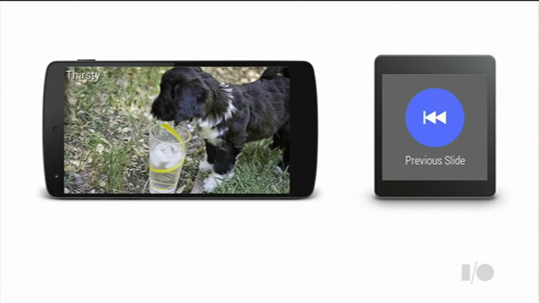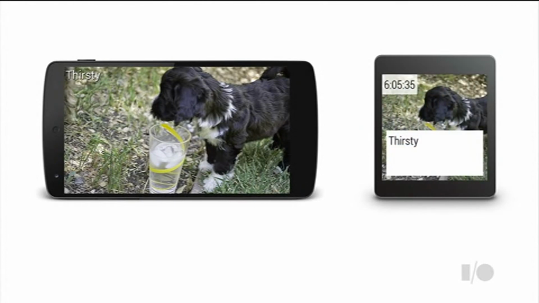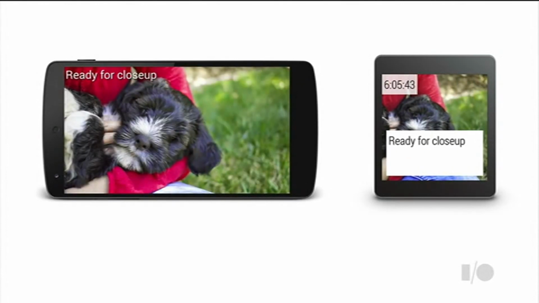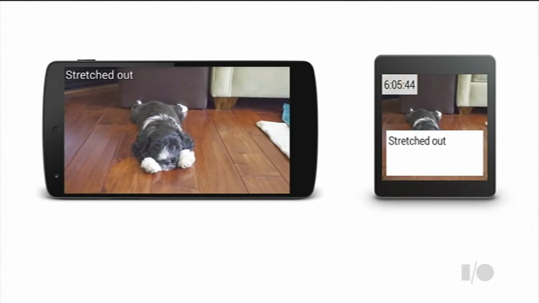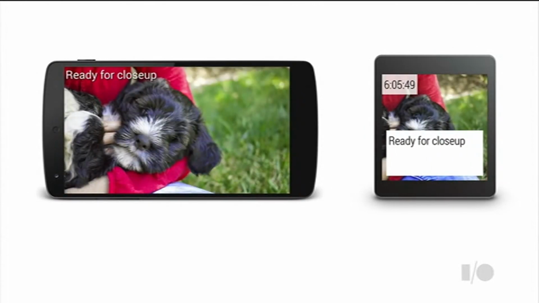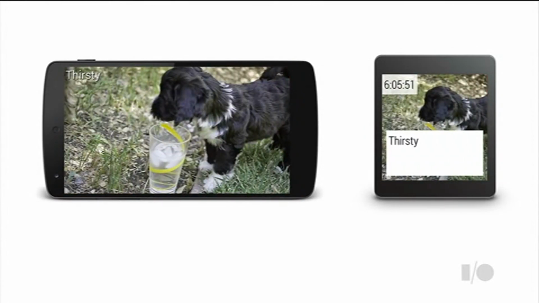Let's take a look at that. So in this slide we can slide over, and we have another action here called the full screen. And when I tap on it, I'm going to bring up an activity on the wearable that has a view pager. And these are synchronized. So when I swipe over here, it's going to update the view pager running on the phone. It also has some other things that I might want for my presentation, like the current time, and maybe I want it to go red when I'm going overtime or things like that.